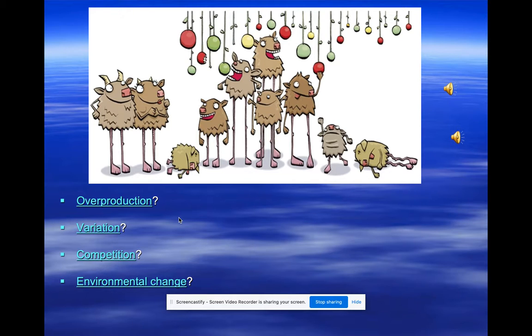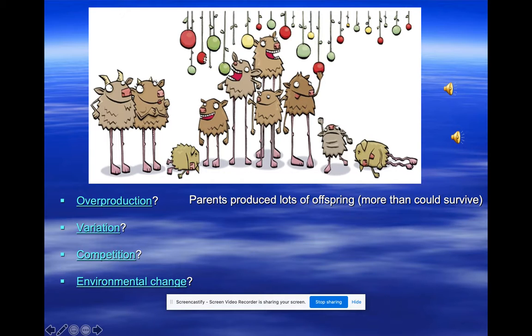So, the overproduction: these proud parents produced a lot of offspring. As you can see, there are two that are already dead. This little guy right here is probably on his way out. So there are lots of offspring that they produce, and not all of them are going to survive. Where is the variation? Specifically here, the offspring are different heights. If you have brothers and sisters, everyone knows that you might have a brother that's 6'3", and then you might have a brother that's 5'7". This is variation. This is what happens.